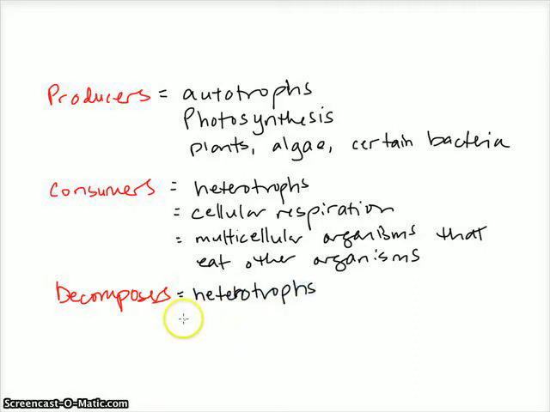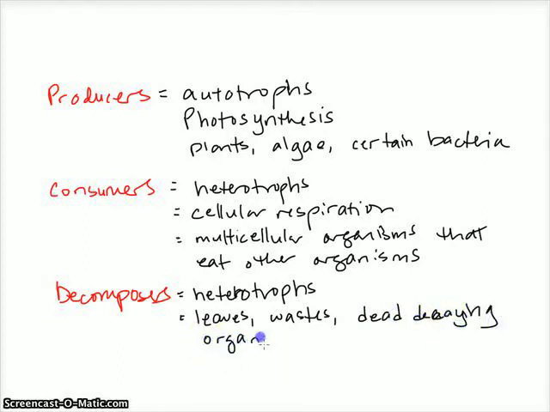They obtain their energy from breaking down non-living organic materials such as leaves, waste, and basically dead decaying organisms, and they restore the nutrients back into the soil so that plants can use it to grow. And producers are also plants. Let's take a look at photosynthesis, which is what producers perform, and it synthesizes complex molecules from